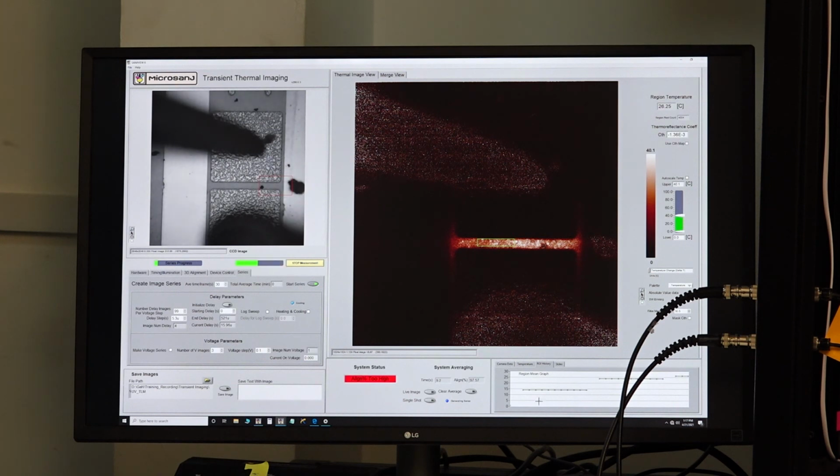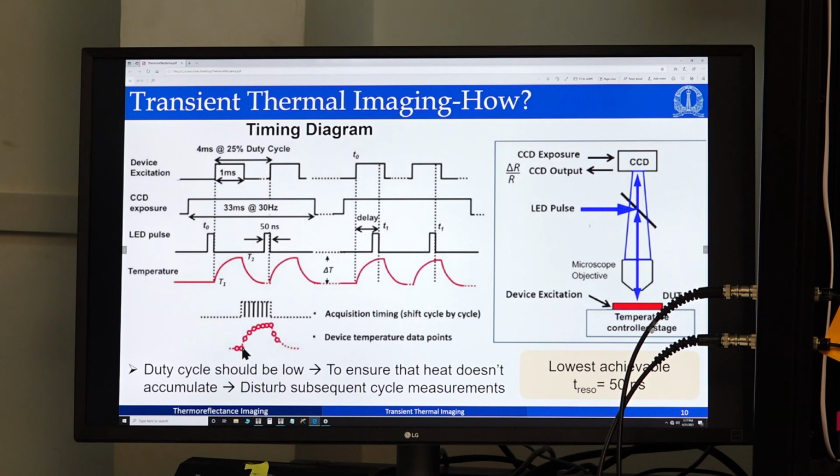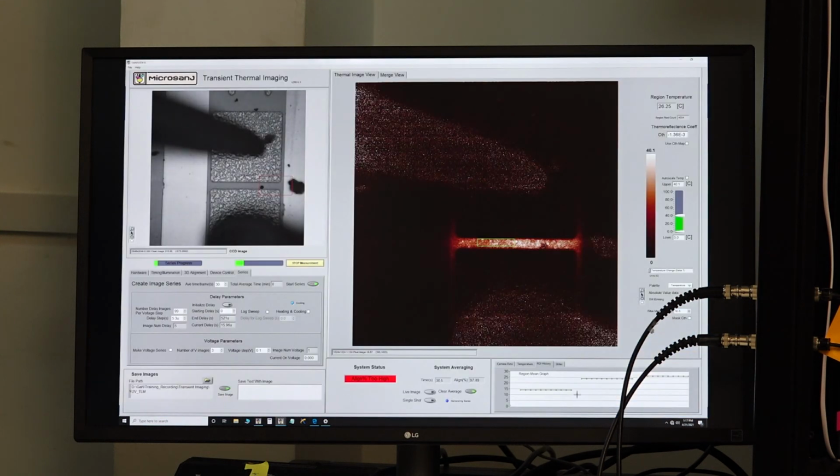We see one more thing, that from 0, as we go to around 15 microseconds, the rise in temperature has saturated. It is not increasing that fast. It was 0, 5 microseconds, 10 microseconds, 15 microseconds. The rise in temperature has slowed down. So from here we can extract thermal time constants and other important parameters.